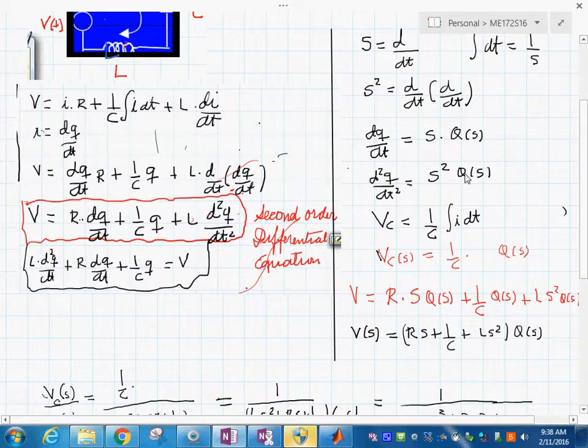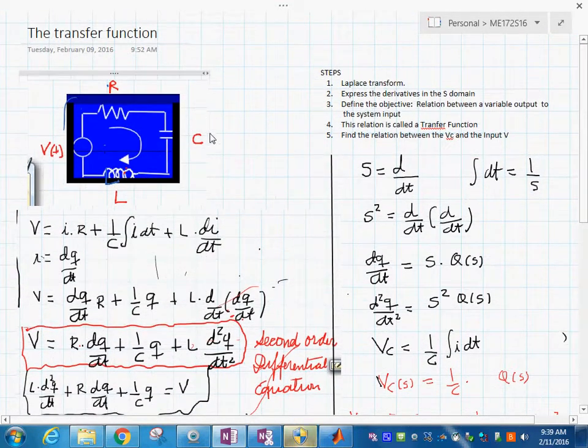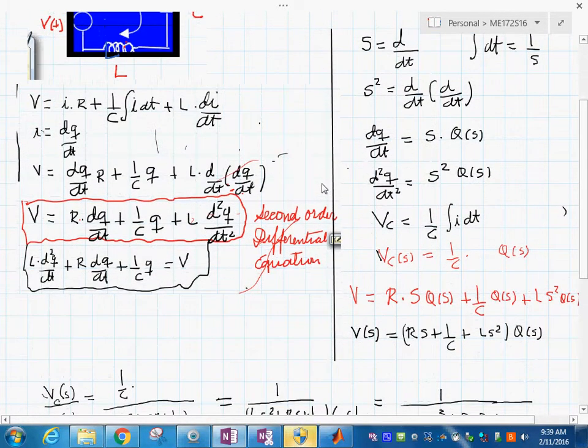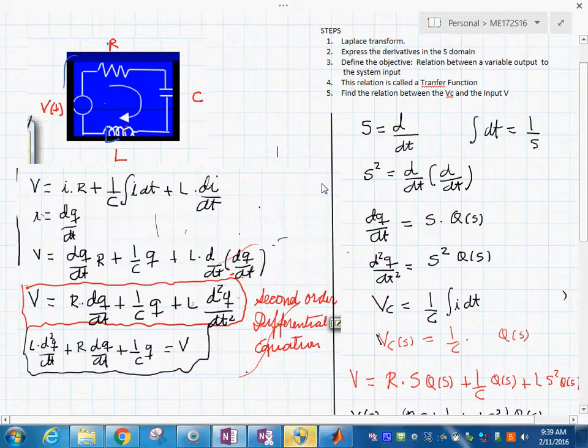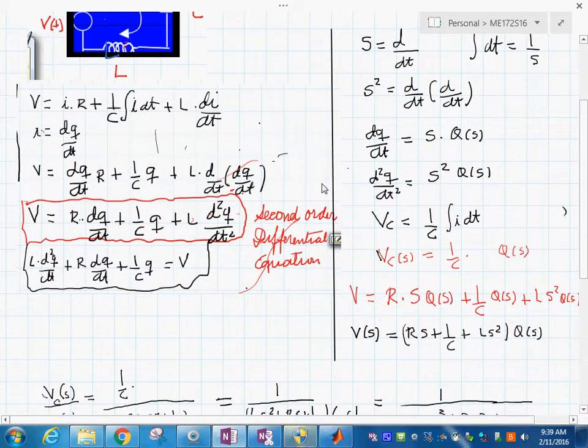In this case, we are interested in the transfer function as it relates the voltage across the capacitor to the voltage input. This ratio is called the transfer function. So the voltage across the C element is 1 over C times the integral of I dt. And if you operate on this here,